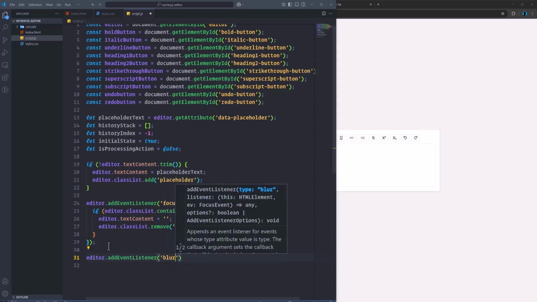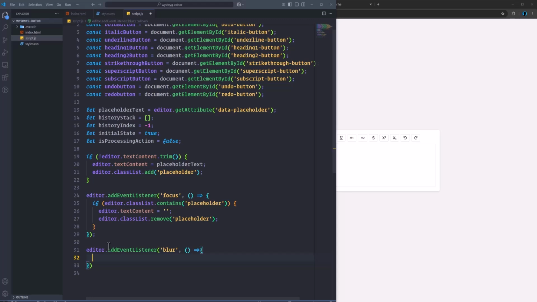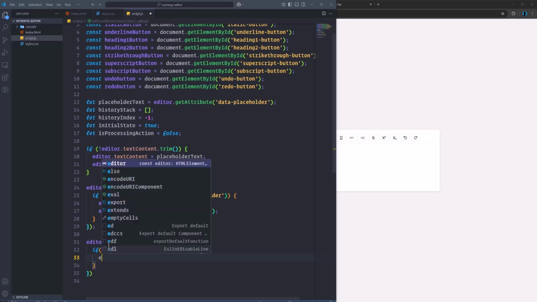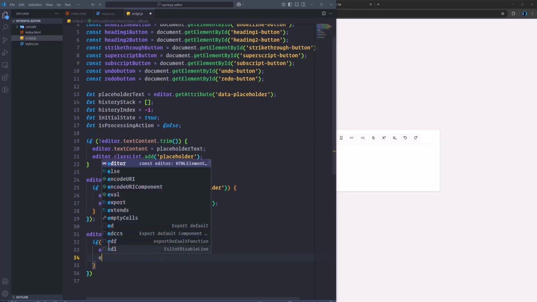This time we need a blur event, and this blur event will be fired when we click outside the editor. So we will check if editor.textContent, we'll trim it, and we'll check if it is equal to the empty string. It means we did not type inside it. So that time we want to set editor.textContent equal to placeholder text, and we want to set the class